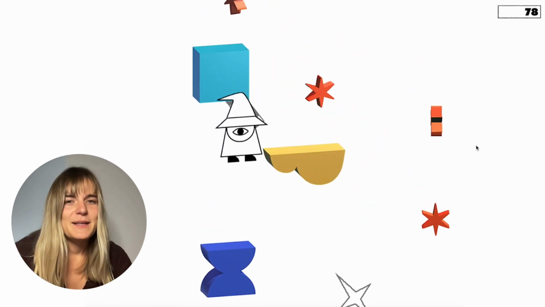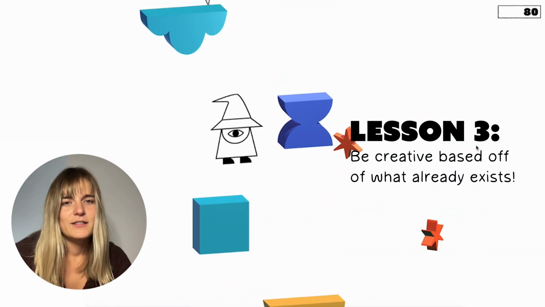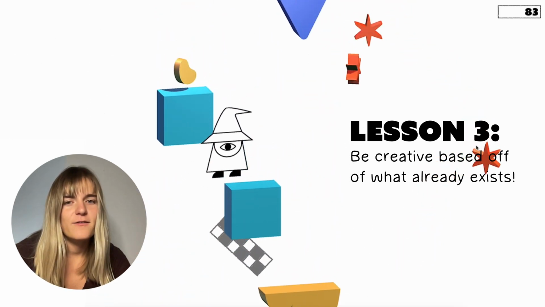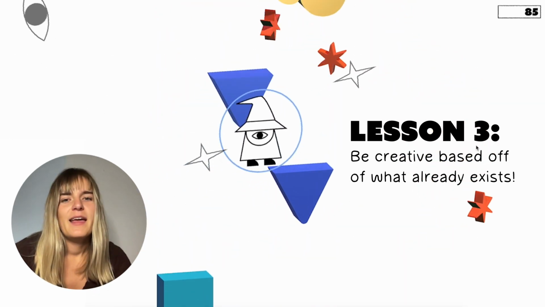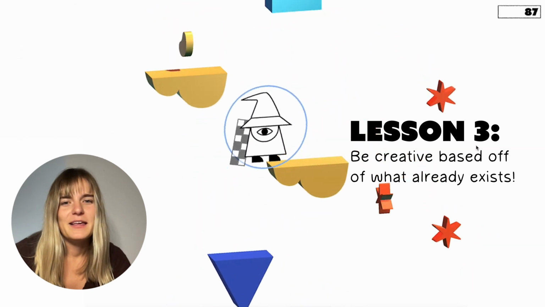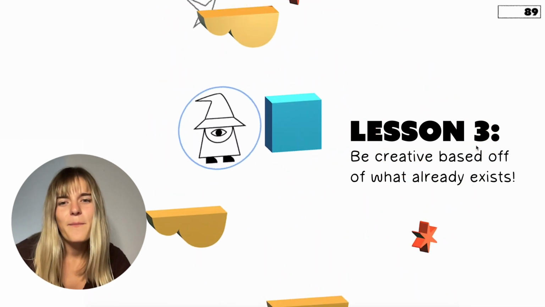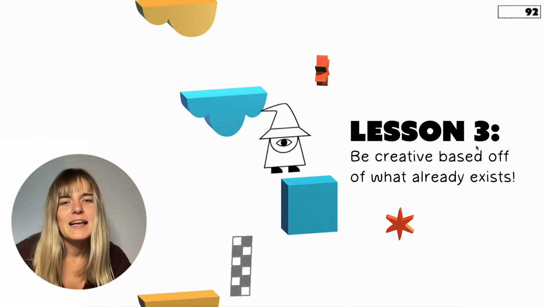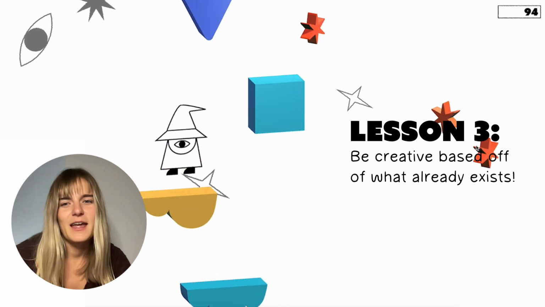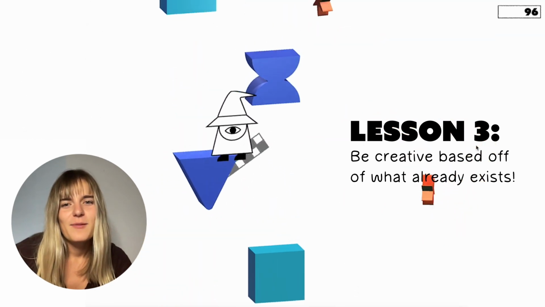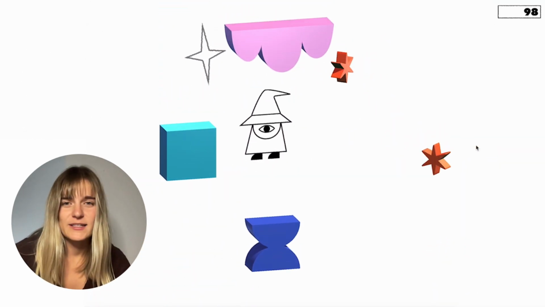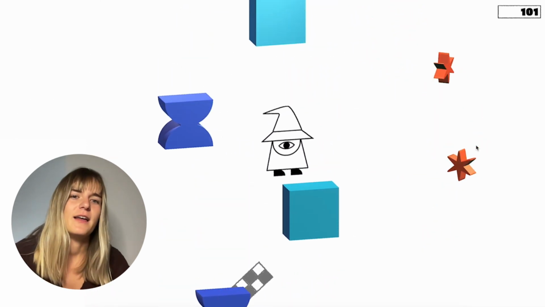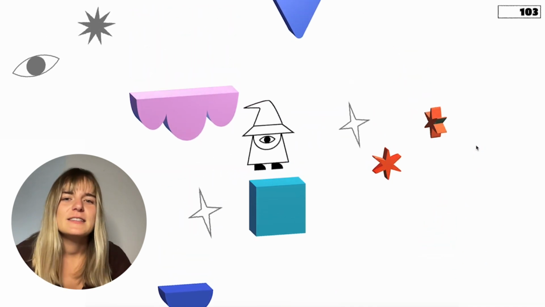And the last big lesson that I learned, or thing that I want to take away from building this game, is that you can be really creative based off of things that already exist. And what I'm talking about here is obviously this game is heavily leaning on Doodle Jump and is inspired by Doodle Jump. And I didn't necessarily invent anything new when it comes to how the game functions. But I think that a lot of people who are wanting to be creative and try something actually get stopped by that, and they think, oh my god, I have to come up with something crazy inventive that doesn't exist and has never existed before.